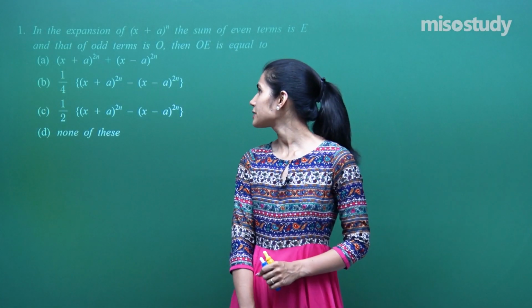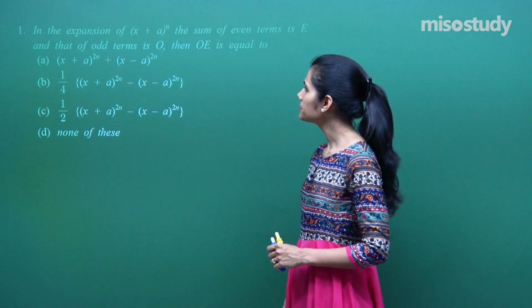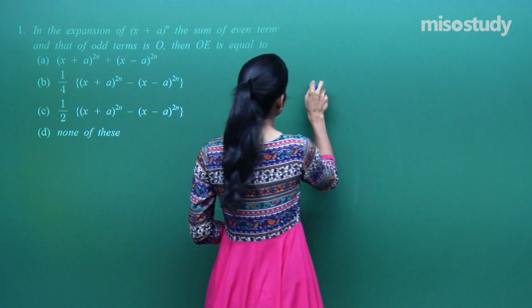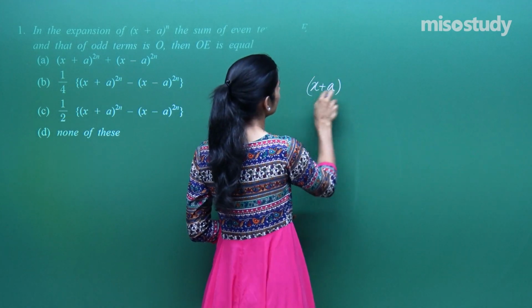OK everyone, let's look at the first question. In the expansion of (x plus a) whole to the power n, the sum of even terms is e and that of odd terms is o. What will OE be equal to? So we know that if I write (x plus a) to the power n, then